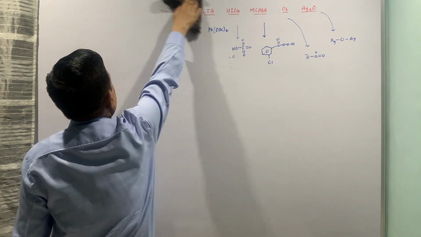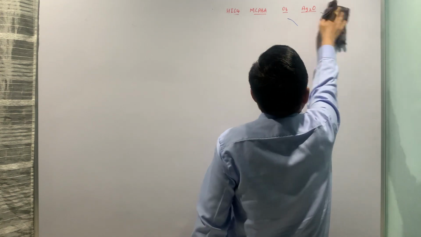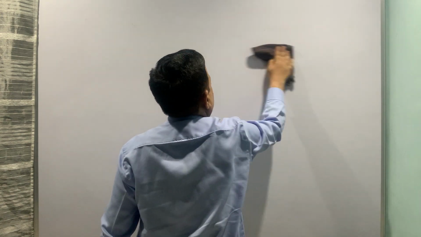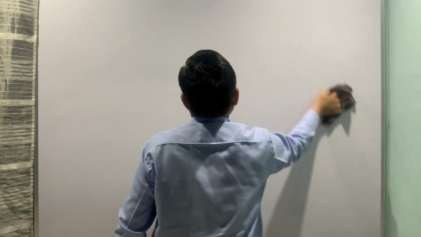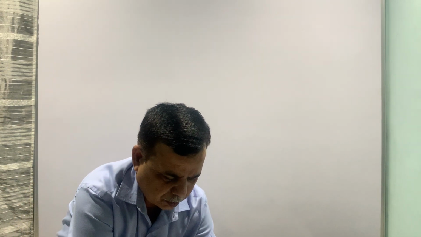Maybe in the next lecture we will see some more applications. The mechanism part is rarely asked for silver oxide because it is a radical path. So remaining things are there. So we'll stop today, and next time I'll come up with more examples on all these topics, and we'll try to recap the earlier things also.